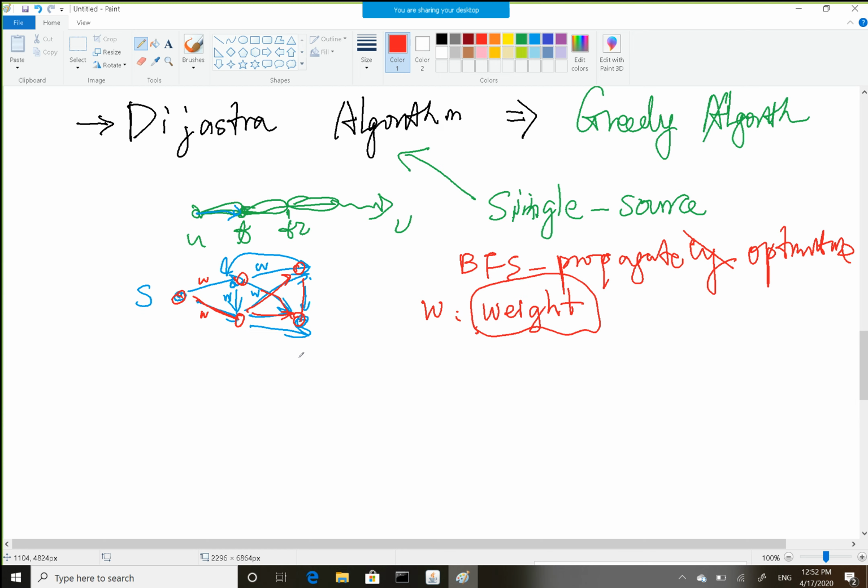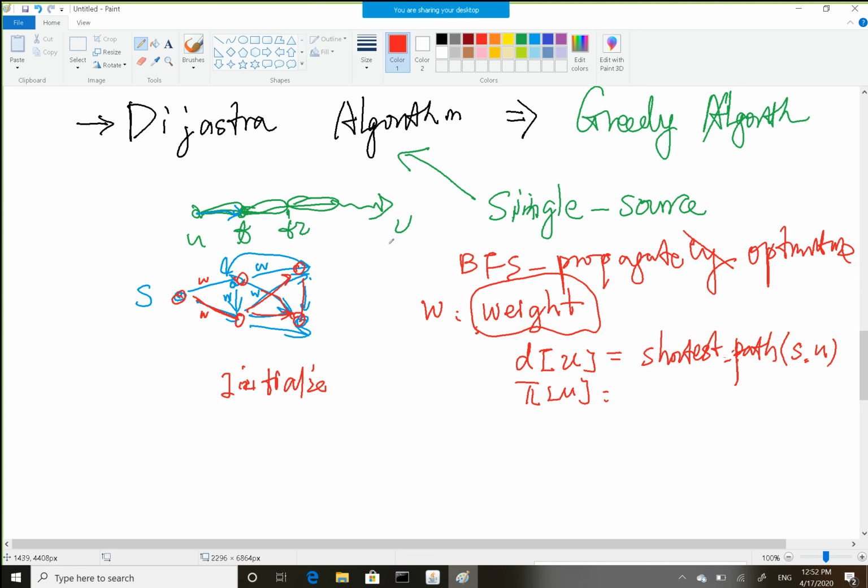Okay, I briefly write down the algorithm here. So, first, initialize. In this algorithm, they have a weight for each edge. They use d[u] to represent the shortest path. We know what the shortest path corresponds to: the total weight on the path from s to u. This is the definition. And also we have pi[u] to represent the parent